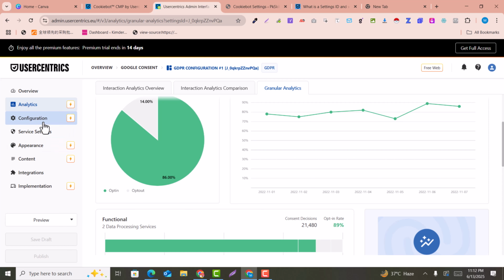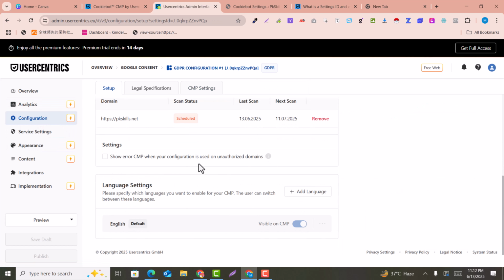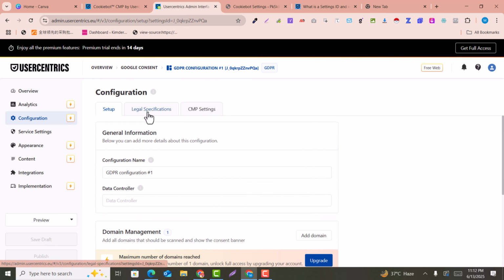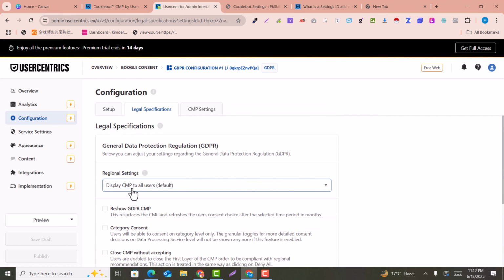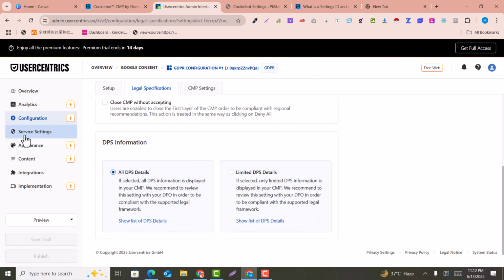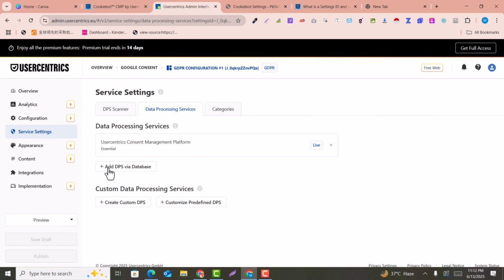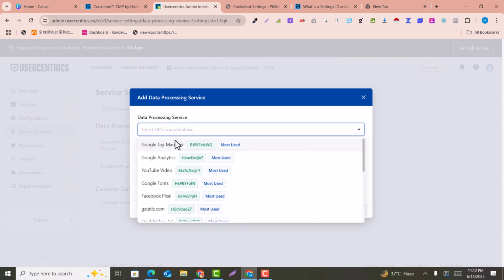So here in the configuration, you can add other websites if you want to, and here are the legal specifications. There you can select or deselect the GDPR, CPM category consent and so on. So here in the services, you can add your services into the consent. For example, here is the data processing consent, and if you want to add some more consent, for example Google